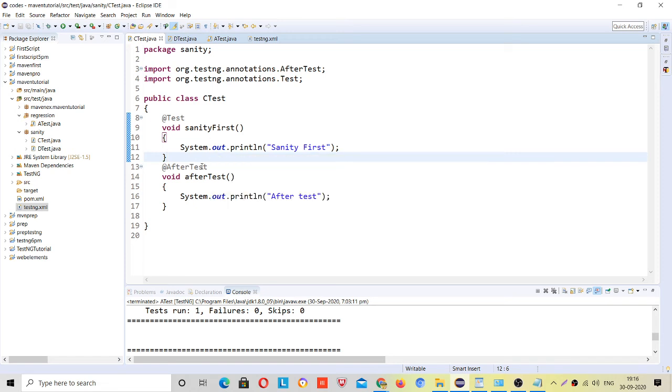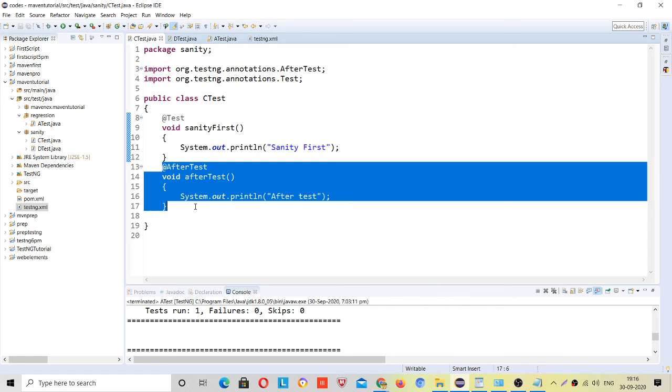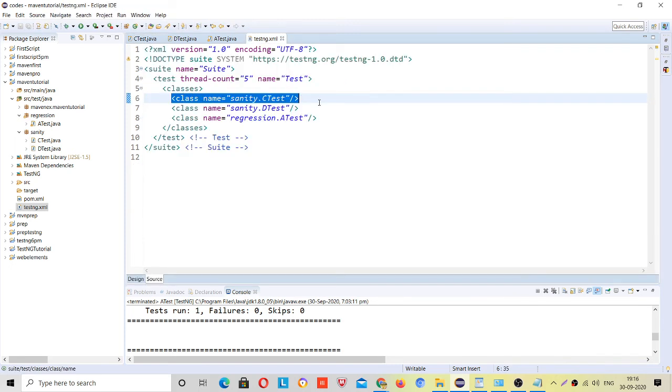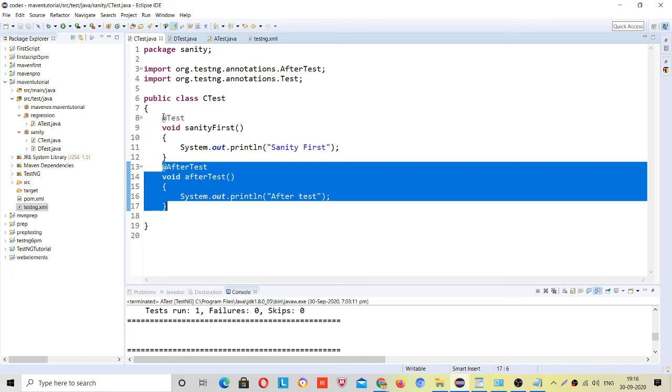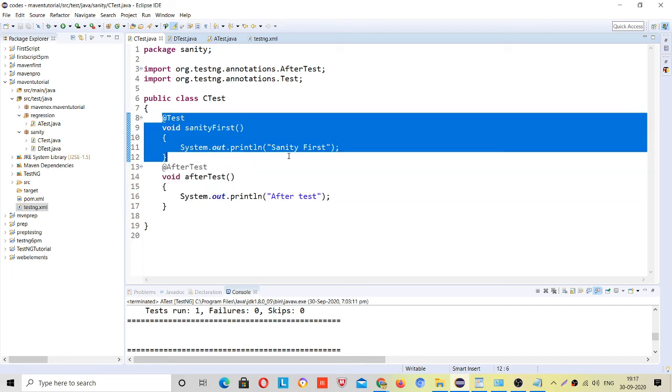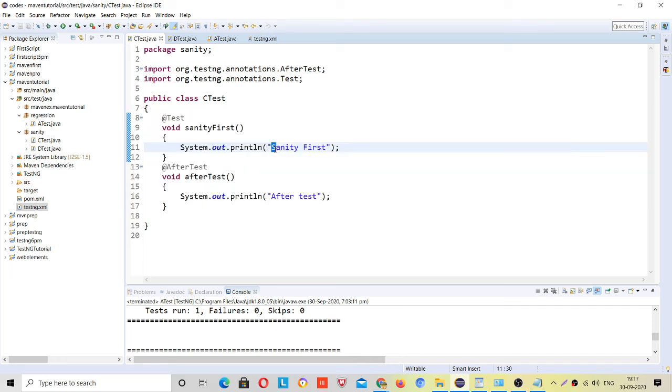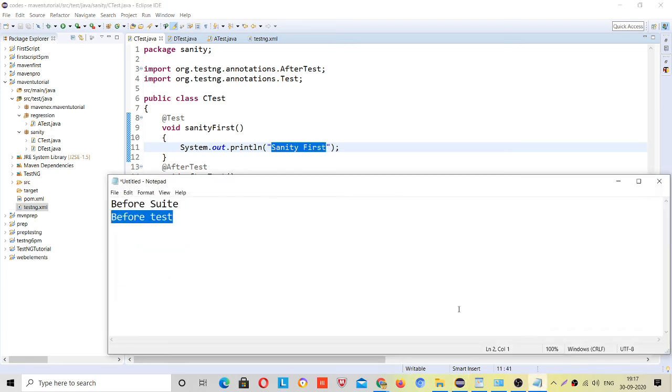Now c test has after test, but this will run after running each and every test. Currently in the testng.xml file we are here, and this after test will run here, right? So step by step execution will go. So this has @Test sanity first, so this will be the output, right?